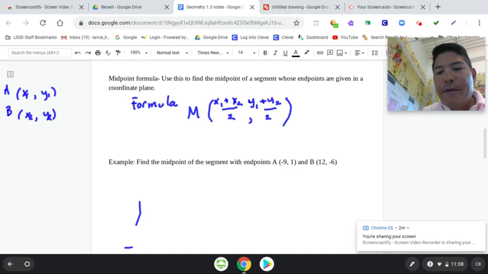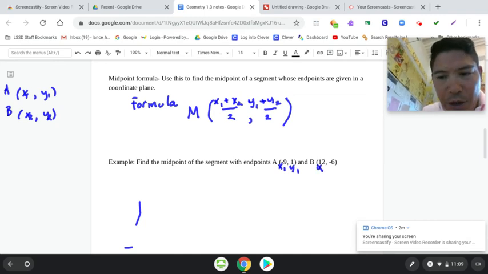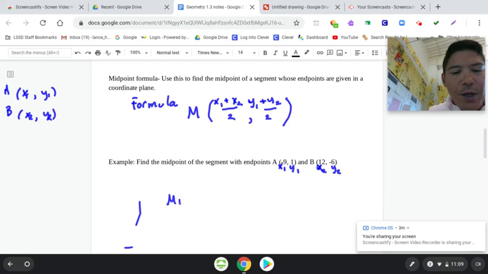The first point that's given, (-9, 1), I'm going to label that x sub 1, y sub 1. So -9 is x sub 1, 1 is y sub 1, and then 12 is x sub 2, and then -6 is y sub 2. And then I can plug those numbers directly into the midpoint formula. To find the midpoint,